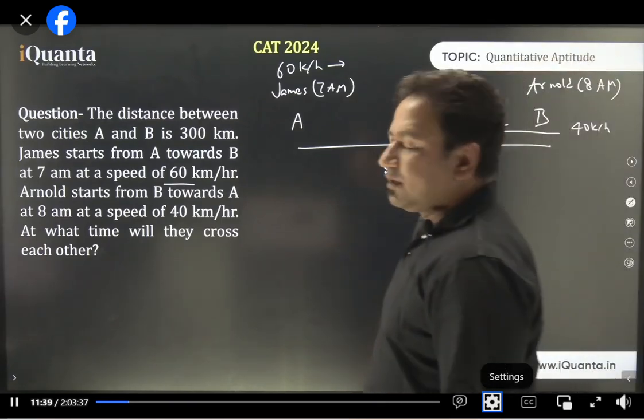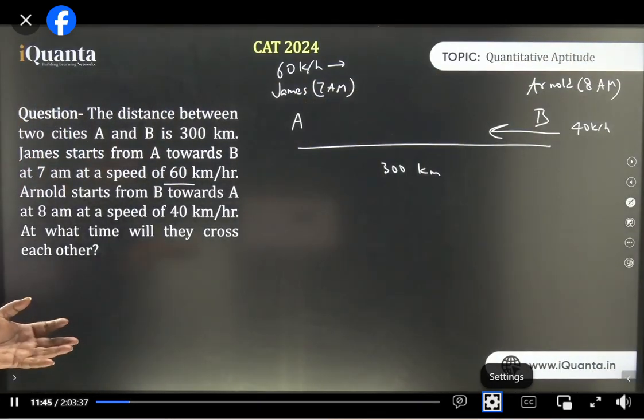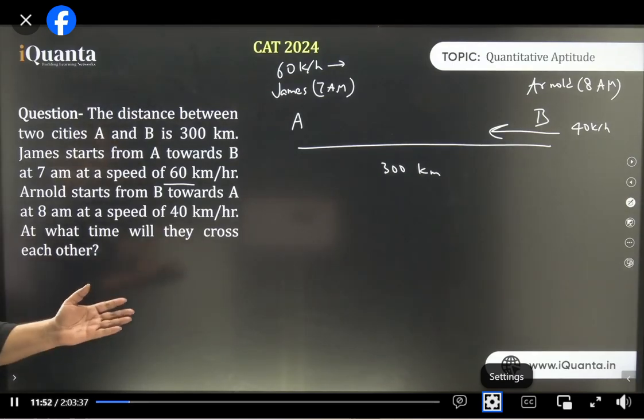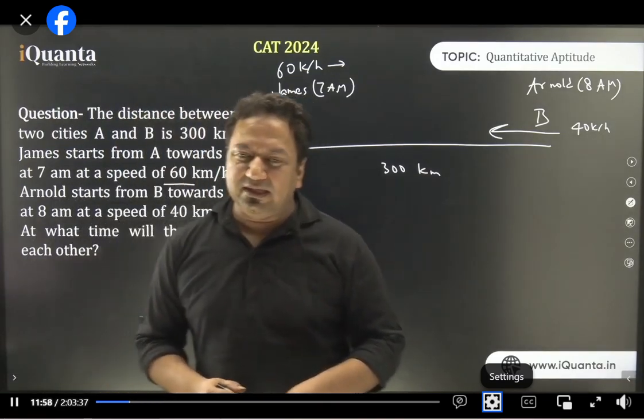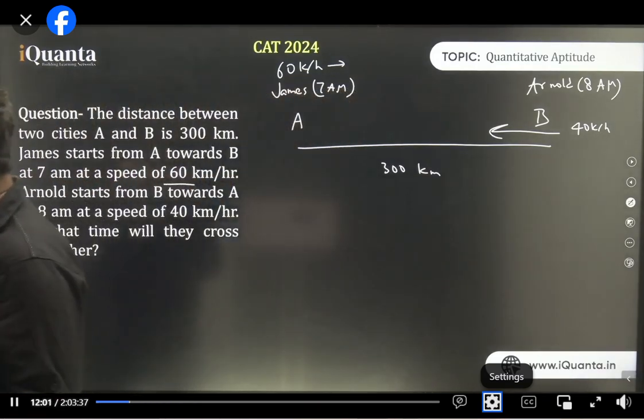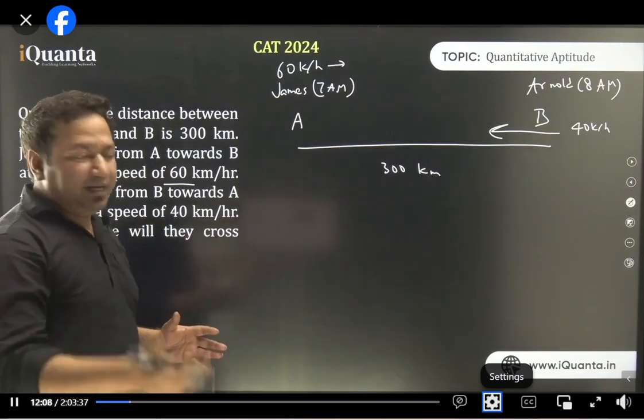So this is happening. Now, the problem is that both of them are starting at different times. And that can be one of the issues in which people might be getting their answers wrong. Right? If both were traveling together at 7 a.m. or 8 a.m. simultaneously, then it would be easy, isn't it? But they are traveling here at different times. So first of all, our main duty is to have the same time. How to do that?